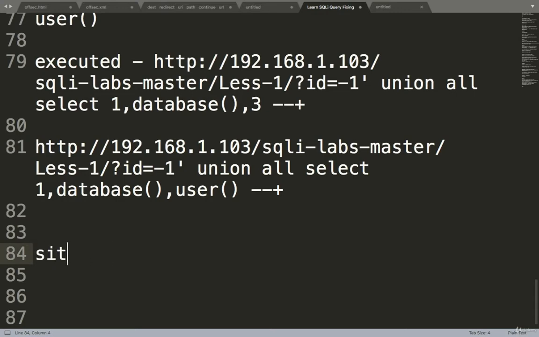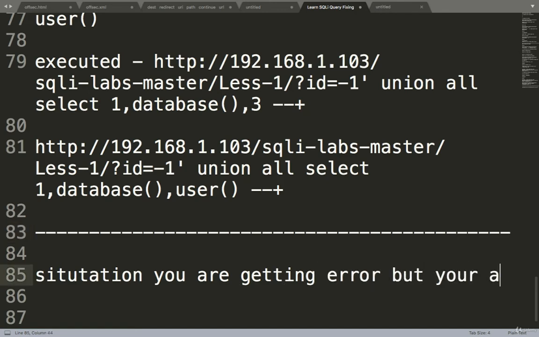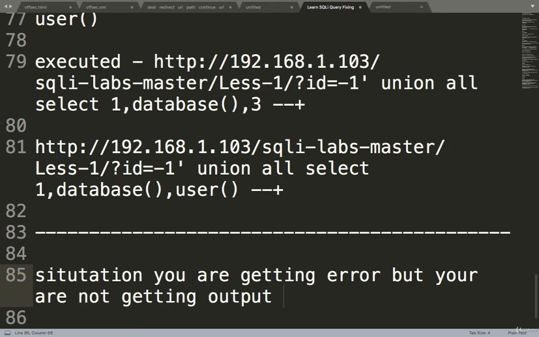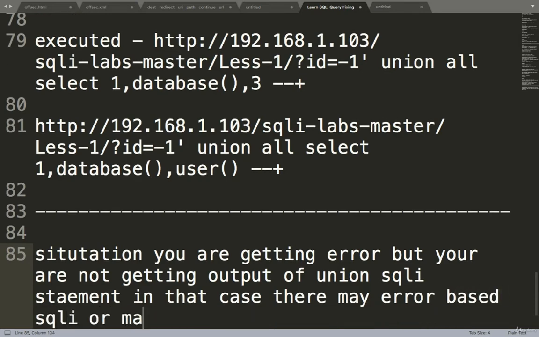Basically this is a situation where you are getting an error but you are not getting the output of the union SQLi statement. In that case there may be error based SQLi or maybe double query based SQLi.